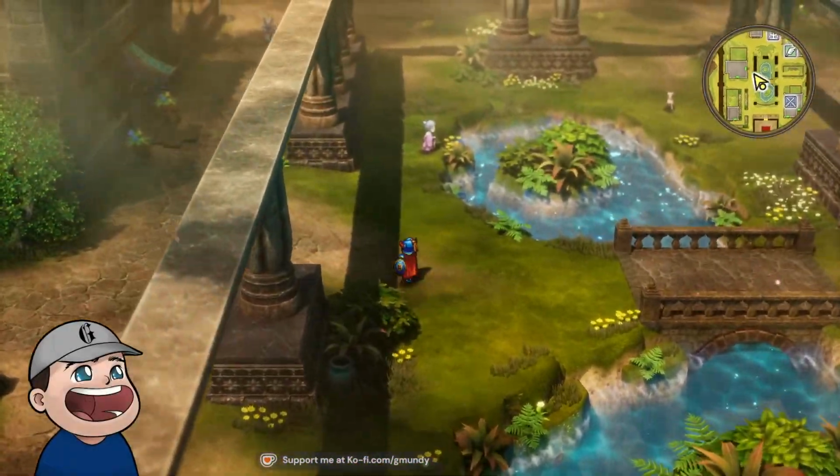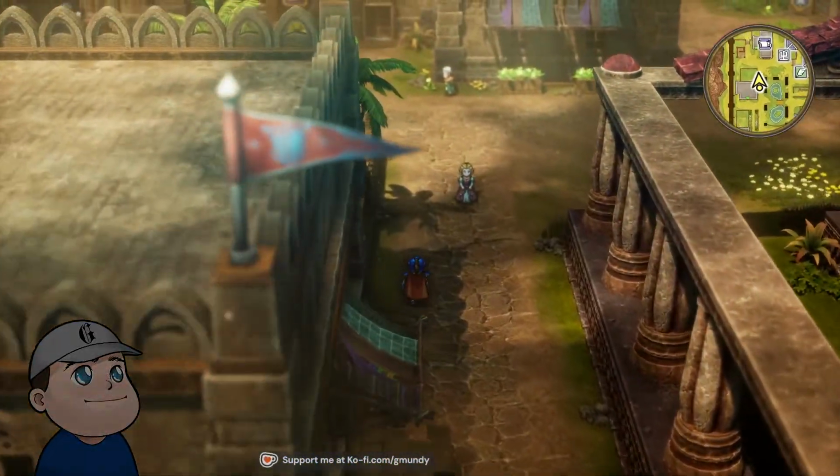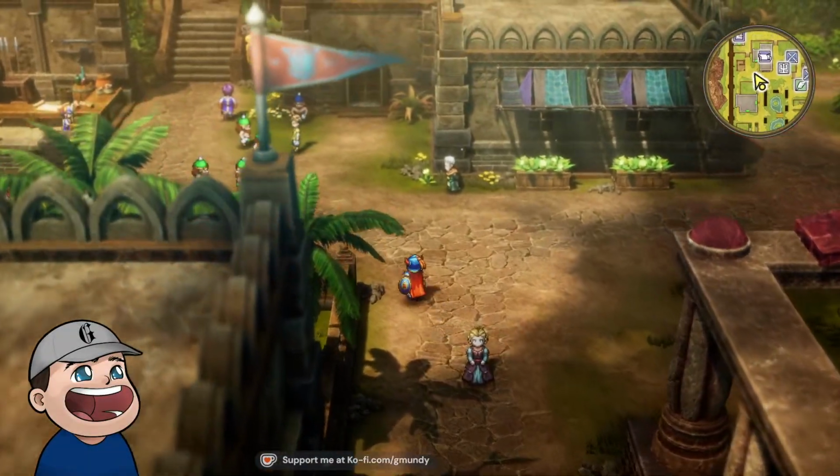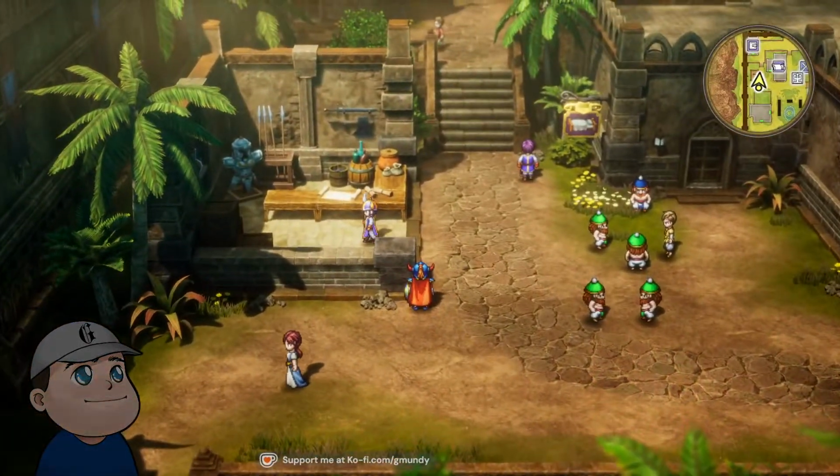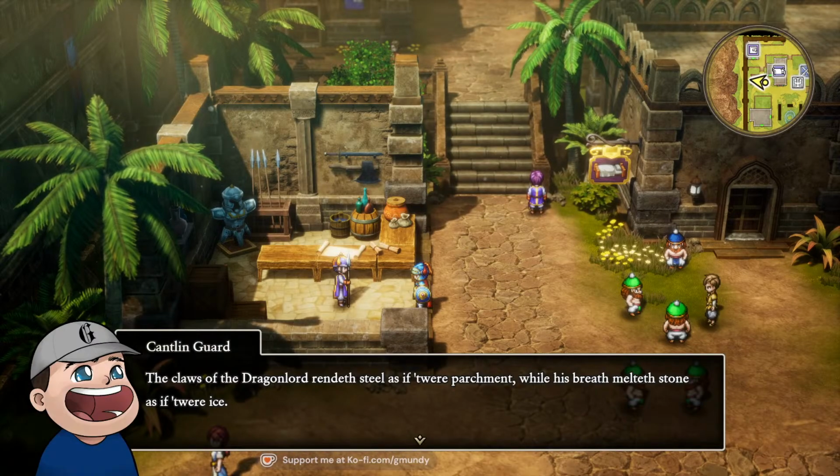Only one treasure left. Means it's probably some random pot somewhere that I missed. Almost certainly. Oh, it's probably...